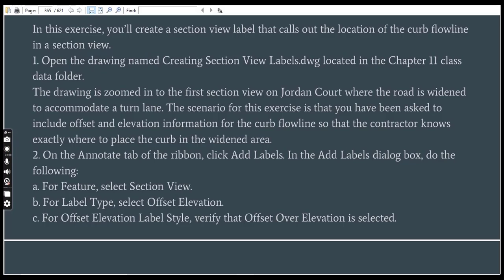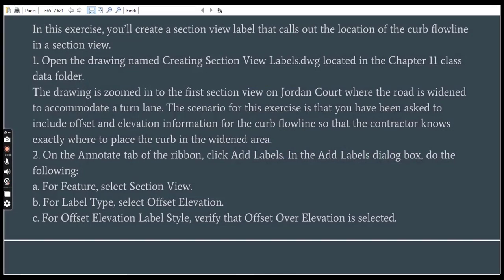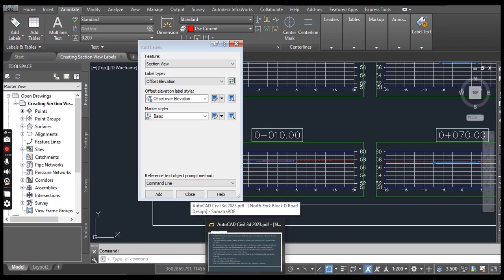For Label Type, select Offset Elevation. Label type should be Offset Elevation because we are going to show a label for offset and elevation on the section view. For Offset Elevation Label Style, verify that Offset Over Elevation is selected. Yes, Offset Over Elevation is selected.